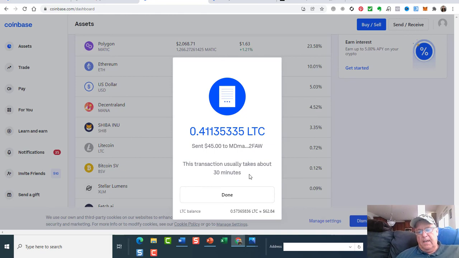Okay, it says the transaction will take about 30 minutes. You can see my balance was 107. It's down to 62 or whatever. So it looks like it went through. And now I should be able to go into the Safelist to the back end and start sending messages. I think it said once a day at the gold level. But I will do a part 2 video to cover that. That wasn't as difficult as I thought it might be to become a member.